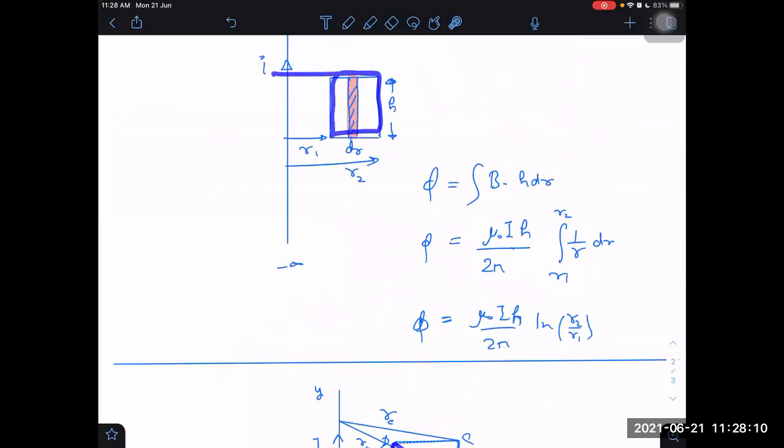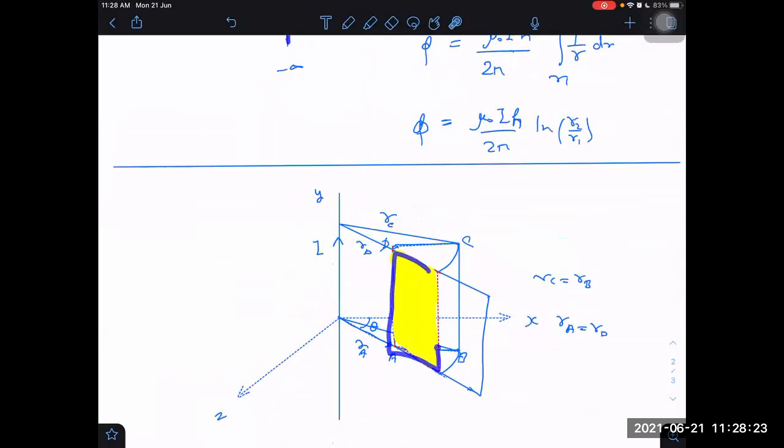The yellow area is in the same plane. In the last question I asked that the loop is in the same plane as the wire. So now the yellow surface is in the same plane as that of the wire. Therefore, if I'm able to find the flux through the yellow surface using the formula which I derived in the last question, then I can find it through the other surface also, because both of them contain the same flux. Understood, this idea? This is the main idea. By this, we can get the answer easily. Just visualize it properly, then we can get the answer.